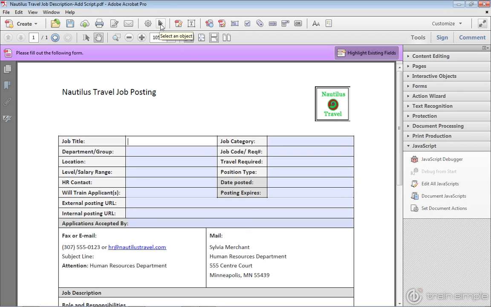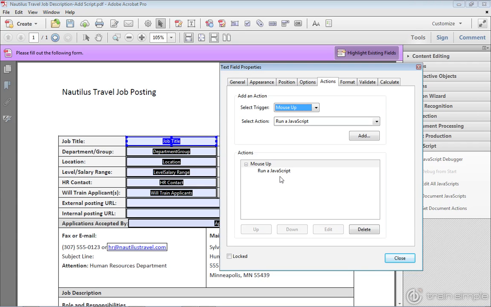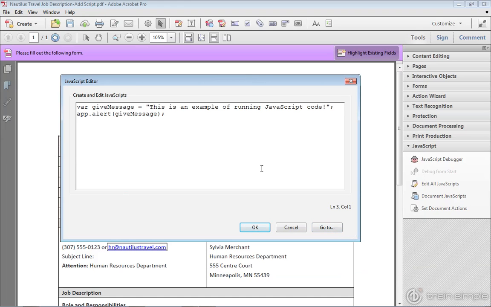I'm going to move out to the Select Object tool and double-click the form field, select Run a JavaScript, and click Edit. This gets me out to the actual JavaScript for that form field. And this is what's creating that pop-up message. What I'm going to focus on within this script is the very first line. So I'm going to go ahead and move this piece down just a little bit so we can see this a little bit easier. Now we have a JavaScript variable called giveMessage that we are creating, and we're assigning some